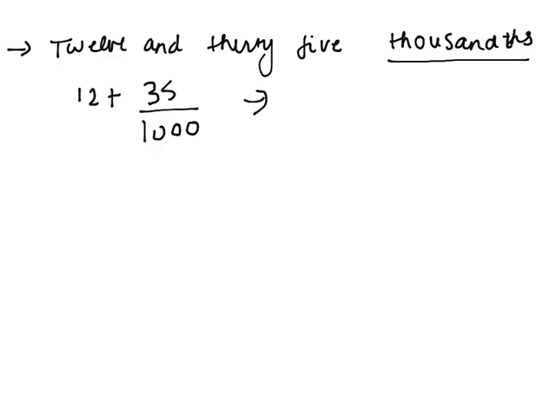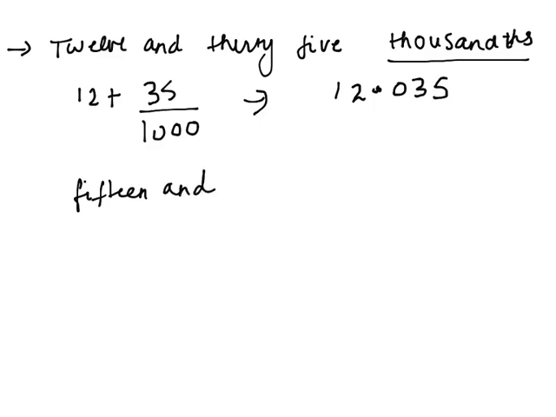So in decimal, how can we write it as 12.035, as we have thousandths and we have to put the decimal after 3 digits. So we will put a 0 before 35. So it can be written as 12.035. Similarly, we can have another form like 15 and